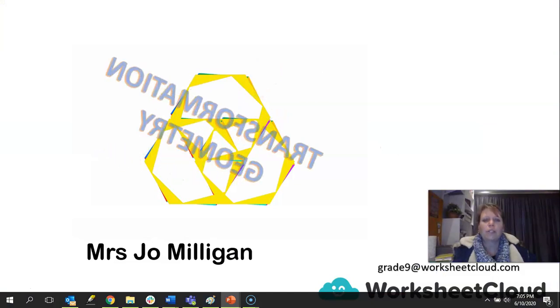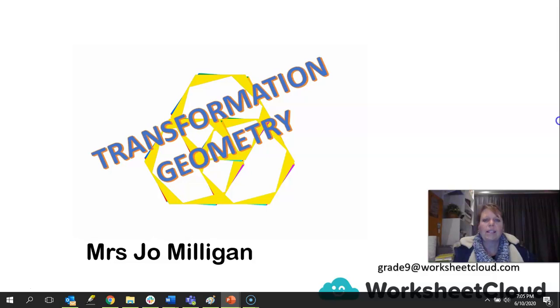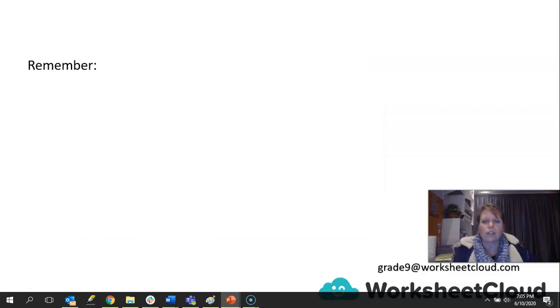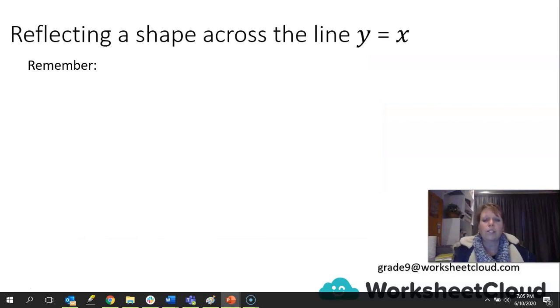Okay, so we're going to be doing transformation geometry and it is actually our fourth lesson in this series, and today we are going to be looking at reflecting a shape across the line y is equal to x. So let's start. So remember, to reflect a shape across the line y is equal to x, we've got to